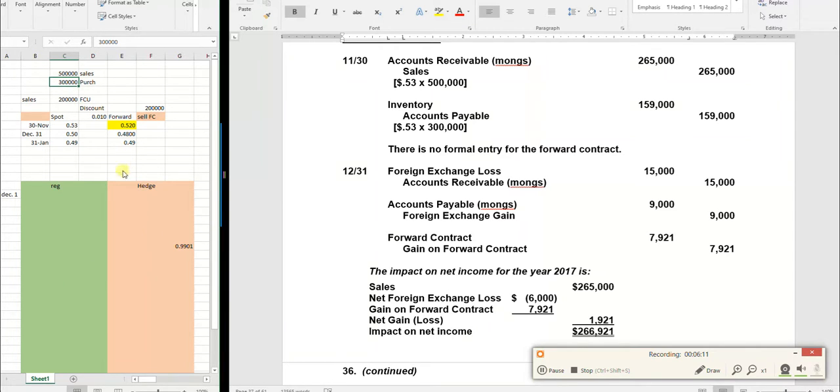All right, so I asked myself, I need to sell foreign currency. Would I sell it for 0.52 or 0.48? I'd rather sell it for 0.52, so I'm better off. So I have an asset. So I'm going to debit forward contract and credit gain. Now I'm going to worry about the amount. And I know that it's 0.52 minus 0.48, so I have